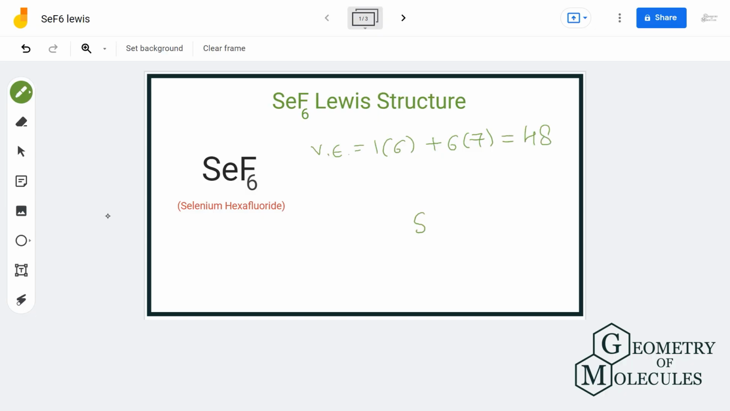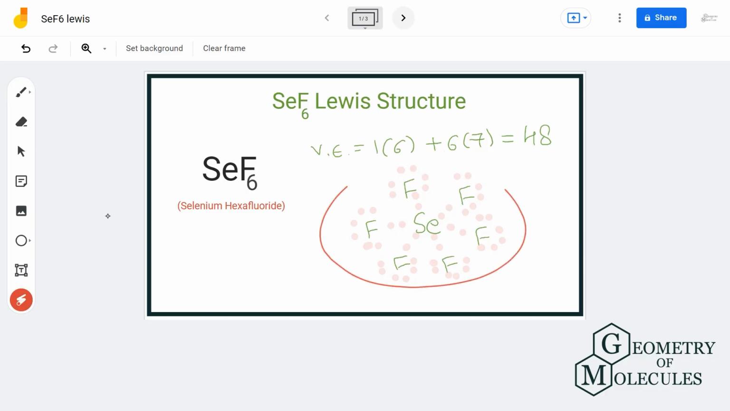For the arrangement of atoms, we will place selenium in the center and arrange 6 fluorine atoms around it. After that, we will place electron pairs in between each atom for bond formation. If you see here, each fluorine atom needs 6 more electrons for complete octet, so we'll assign 6 electrons to each fluorine atom. This way, every atom in this structure has complete outer shell and zero formal charge. So this is the final Lewis structure of